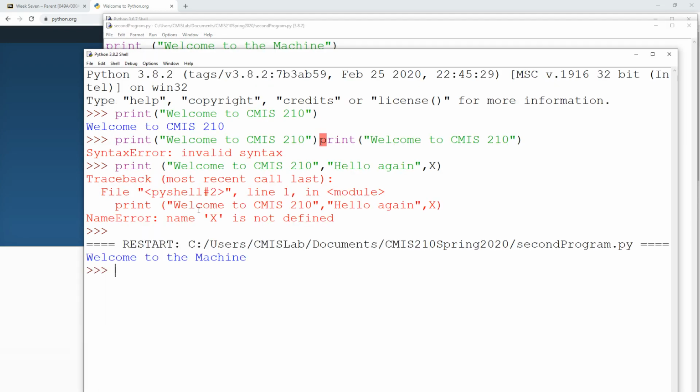So now that I saved it, now it actually runs. And notice it jumps back to the interactive mode to run and says, oh, here I ran this program, which is located at C users, CMIS lab, and so on. And here's my actual program name. They end in .py. So that tells me that it's a Python file. It's really nothing more than a text file. And I can find it